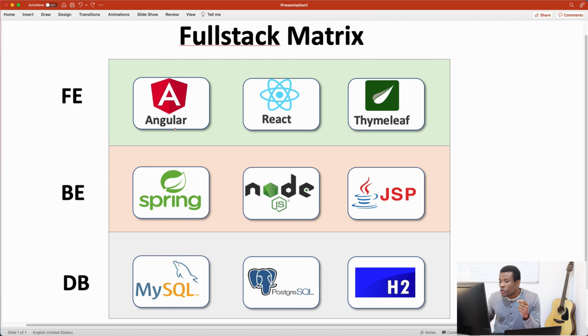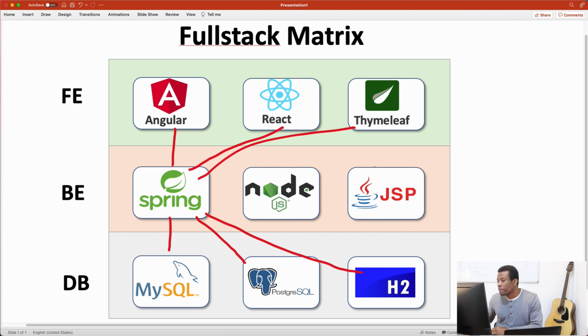And at this point, we've covered this, we've covered this, we've also covered these, we've also covered Thymeleaf to Spring, we've covered Spring to PostgreSQL, we've covered Spring to H2, basically, right? So now if you count the number of edges here, we have about 6 edges, right? So it happens that the number of edges you can connect in the full stack matrix defines your skill as a developer. For me, I can count maybe close to 20